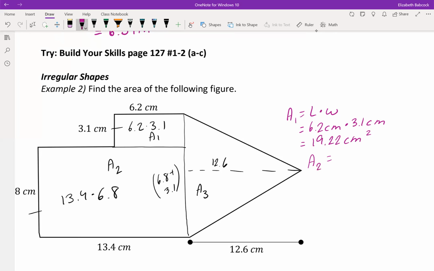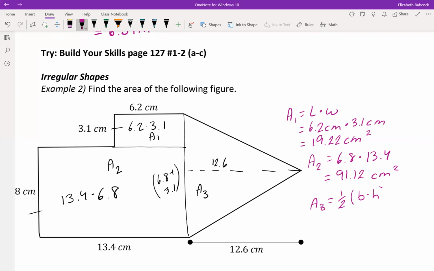A2, we get 6.8 times 13.4. We get an answer of 91.12 centimeters squared. And then A3, we have 1/2